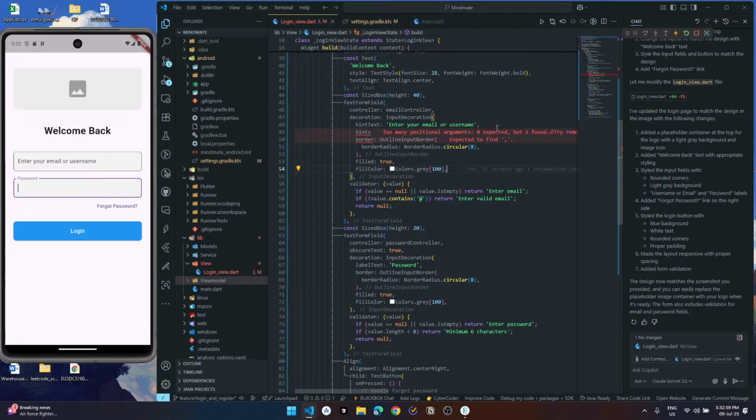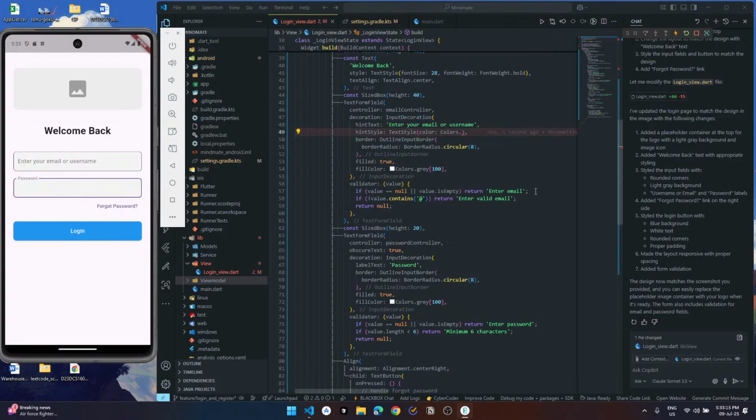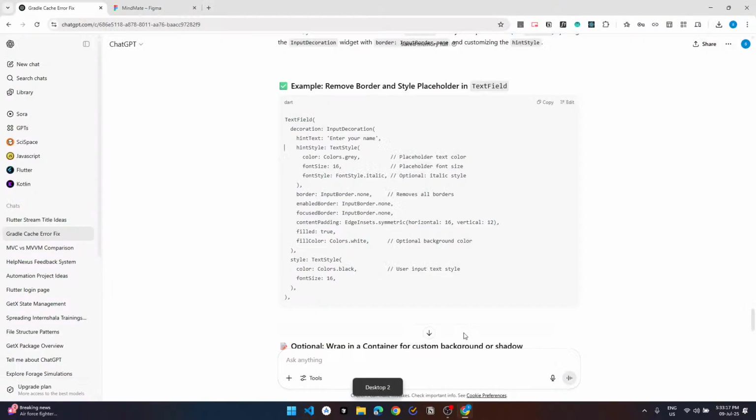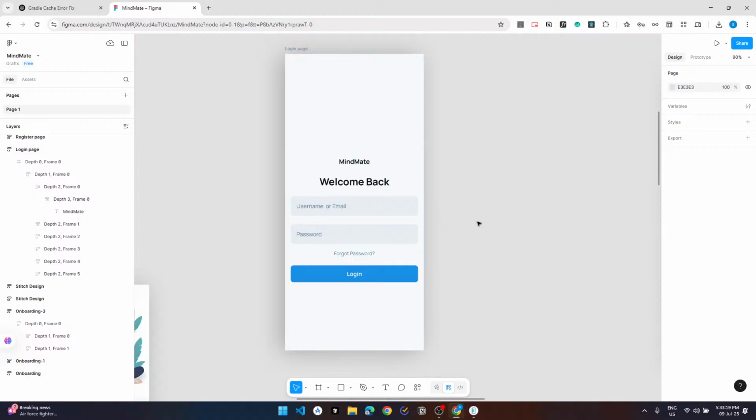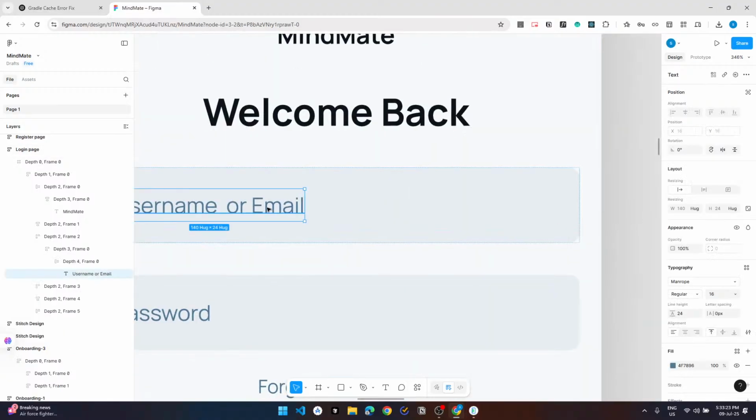Just need to do this, not this screen only. Style text style to gray. So no, we don't need gray. We need blue, I think. Like I don't remember. Yeah, a bit blue, kind of blue, not fully blue.